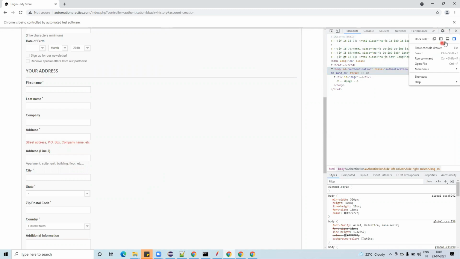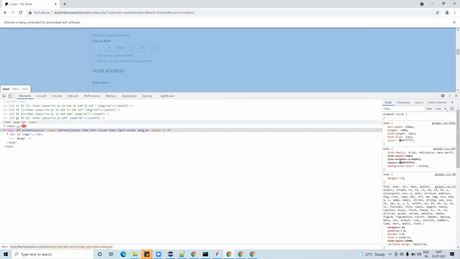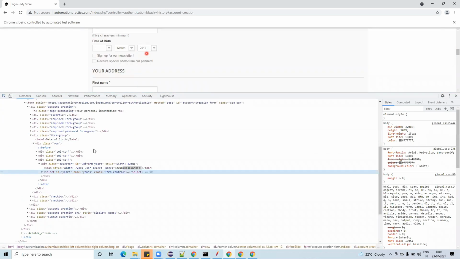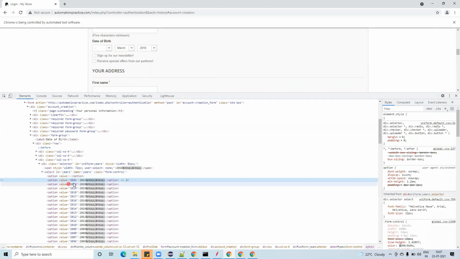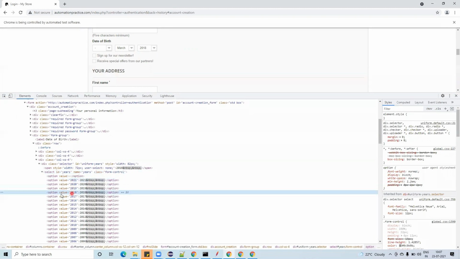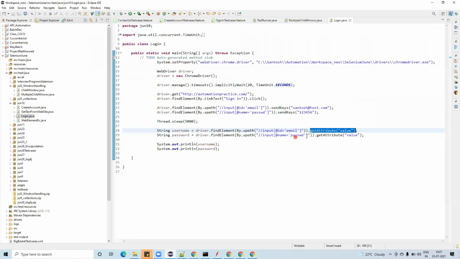Click here, open this, see here, it is a value, right? Can you see? Value is equal 2021, value is equal 2018. Every value is stored in the value attribute, so we need this one. So what we have to do is provide the get attribute value. In that case you will actually get the value of that one. Now store that value in a string like this, and then you can compare whether it is selected properly or not. If both are the same, then it is a pass, otherwise it is a fail.